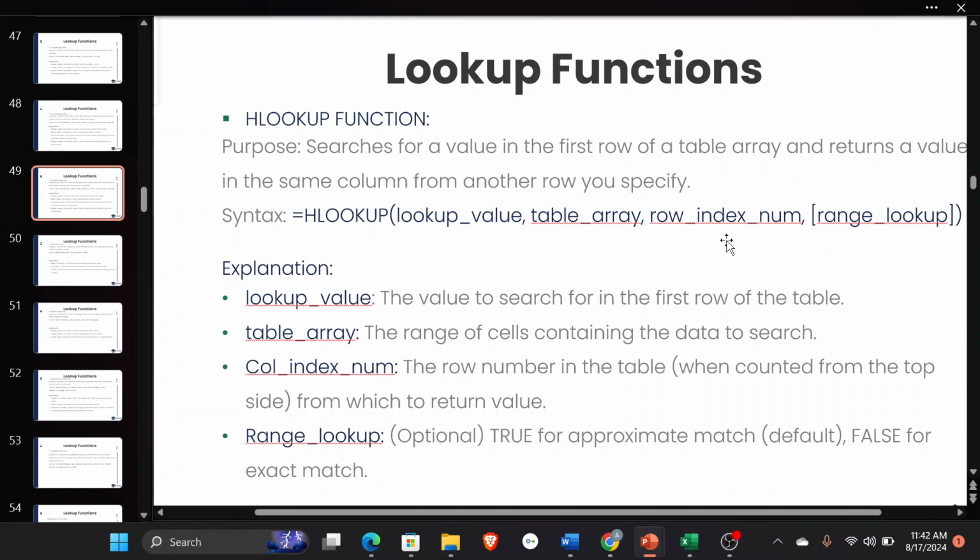Then we have our HLOOKUP. Our HLOOKUP is the same thing as our VLOOKUP, but now it is a horizontal lookup function. So instead of searching for a value in the same row, it searches for a value in the same column. So we use this when we have inverted tables. So when your columns are in rows and your rows are in columns, we're going to see what that